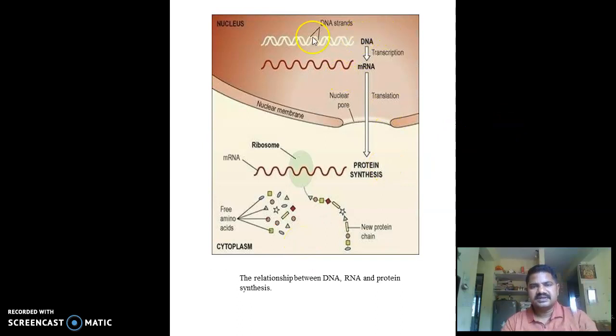Here we can see this is a DNA strand. mRNA is produced, and it is a single stranded structure. That process is called transcription, meaning production of mRNA from DNA. That mRNA then leaves the nucleus and comes into the cytoplasm of the cell, where there is protein synthesis. The mRNA gives the necessary information to the cytoplasm, and the amino acids present in the cytoplasm form a specific chain